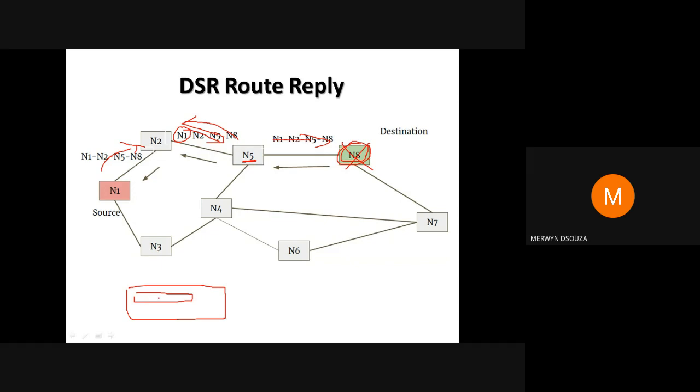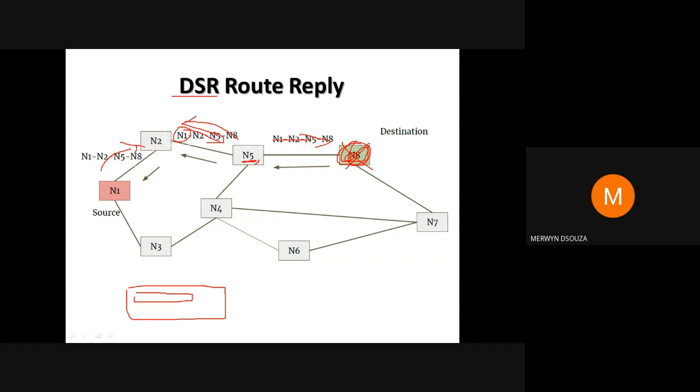In this case it will mention the entire route, N1 dash N2 dash N5 dash N8. Based on that, each node knows who the source node and the destination node are. So whenever this node discovers that the N8 node is no longer present in the network or has moved away, and packets are not getting delivered,